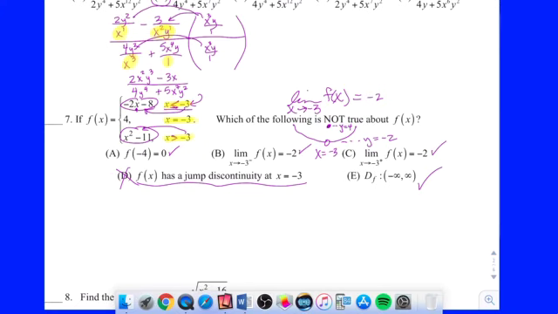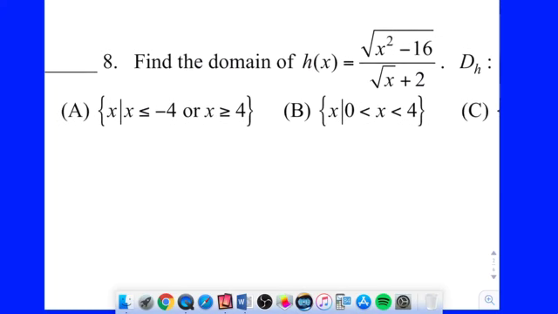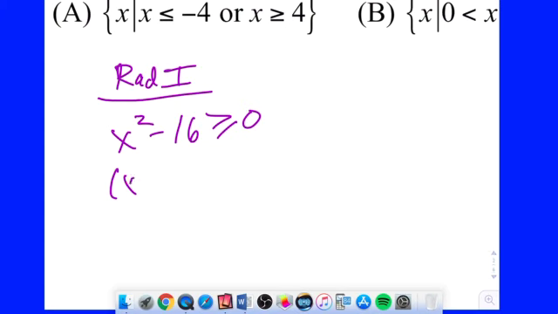All right, so that was a pretty good question. It required a lot of analysis. Finding the domain, okay, that was one almost identical to this on 2017's test. We have two radicals, two square roots, and a denominator. So let's go ahead and analyze them separately. The first one, I'll call it radicand 1. That's x squared minus 16. It has to be greater than or equal to 0. If you factor that, x minus 4, x plus 4,